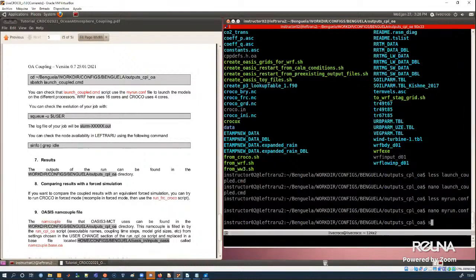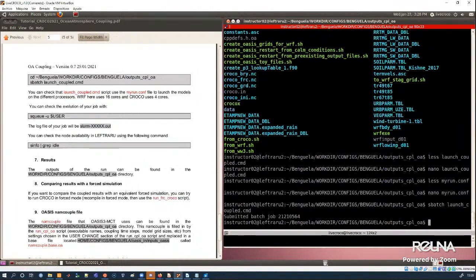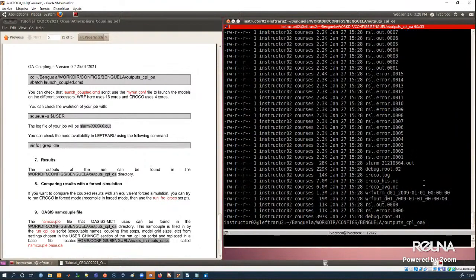So now I do sbatch launch couple, and I can see that this is running in one of the nodes that were reserved for us, 119 to 122, and it's running. So now I can do ls -lh, and I can see, if you have used WRF, you can recognize these output files. Here's our WRF output,